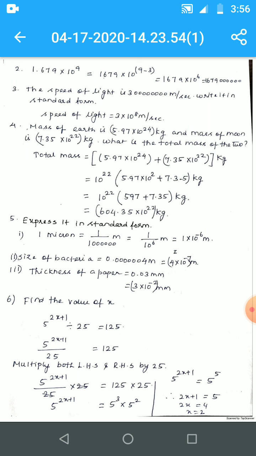Now if the bases are the same, what is the base here? 5. So if the bases are the same, I can equate their powers. 2x plus 1 equals the power on the right hand side, which is 5. Now I can find the value of x by transposing 1 to the other side, then x becomes